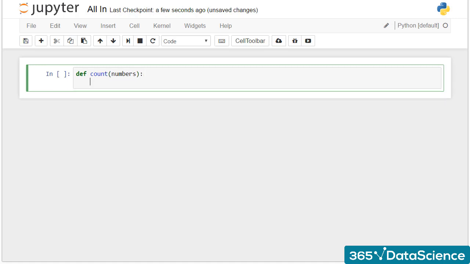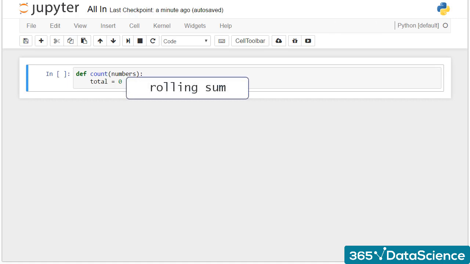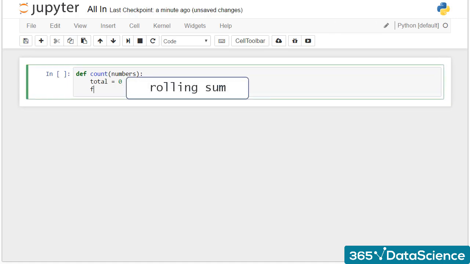The trick is to create a variable that, so to speak, departs from 0. Let's call it total. The idea is that when certain conditions are verified, total will change its value. This is why, in such a situation, it is appropriate to call this variable a rolling sum. More technically, when we consider x in the numbers list,